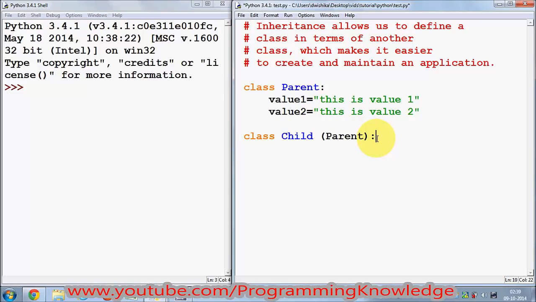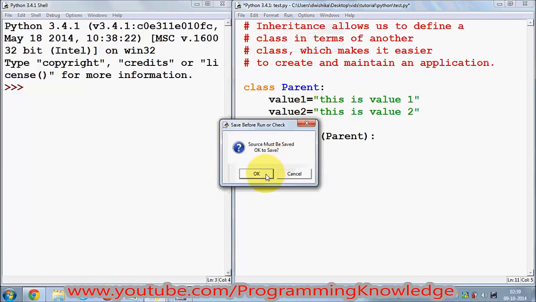So for example, I don't want to do anything here. I can just write pass, and pass, if you don't know what pass is, is just a placeholder. So it doesn't do anything, but suppose you don't want to implement your class and you want to leave your class as it is, then pass will help you to avoid any errors. So let's see what happens when we don't use pass here, and I will save my program and run it,